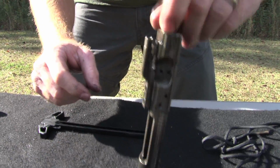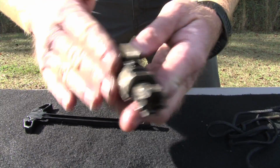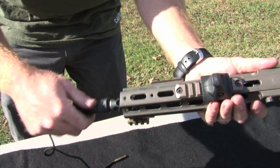Here's how we test it. Make sure the firing pin doesn't come out. I'm going to cover this whole thing with lube, and you can be generous with it. I mean, the more the merrier. Put that down. Okay, as I talk about the barrel, I've got a bore snake already in here,